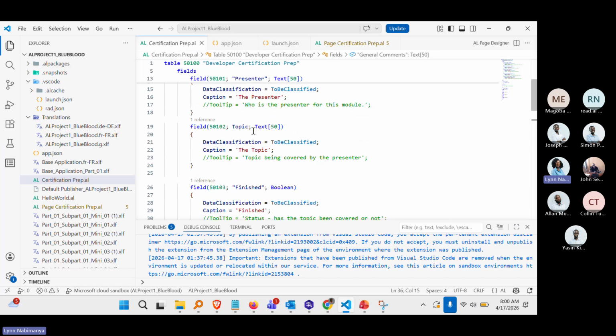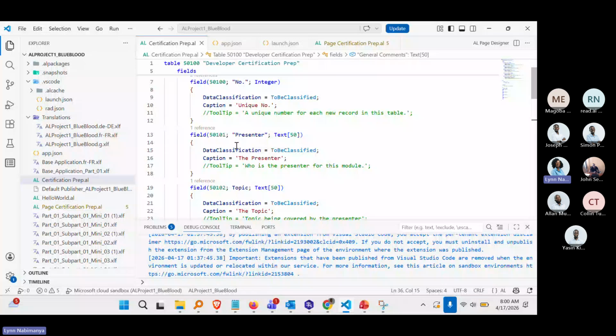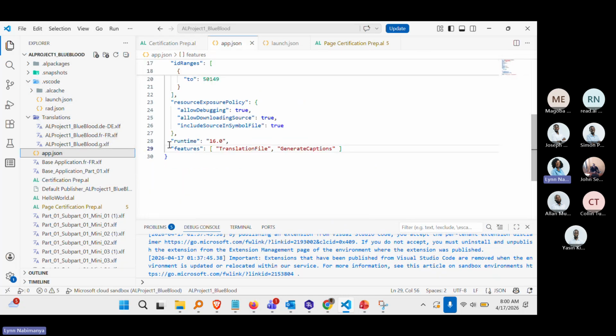So once I do this, if I am interested in generating XLIF files for my system, what I do is I come to my app.json, like we were showed earlier, and then I come and put this feature called translation file, or generate captions file. Once I do this, I could do a new one, but I'd need to do a new project. Maybe what I'll do is I'll just do another language for us to see. But basically, once I put this here and I save, the moment I run my first build, it's going to create for me